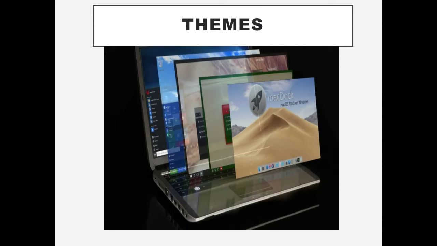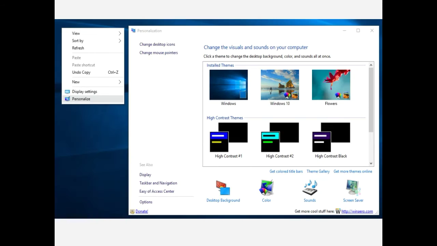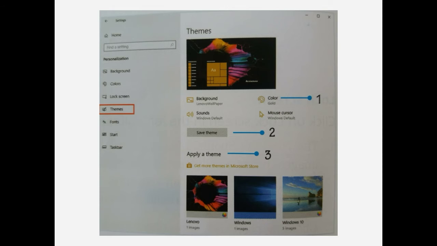Themes. A theme is usually a set of shapes and colors for the graphical control elements, the window decoration and the window. Click on Themes in the left column of your personalization settings. You can choose a particular combination of background image, color, font and sounds by clicking on the respective buttons. Click on the Save Theme button to use the theme again in future. You can also use any of the default themes available.